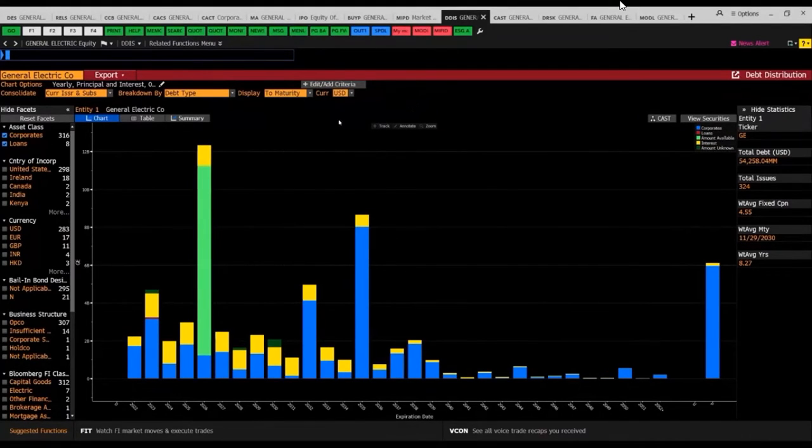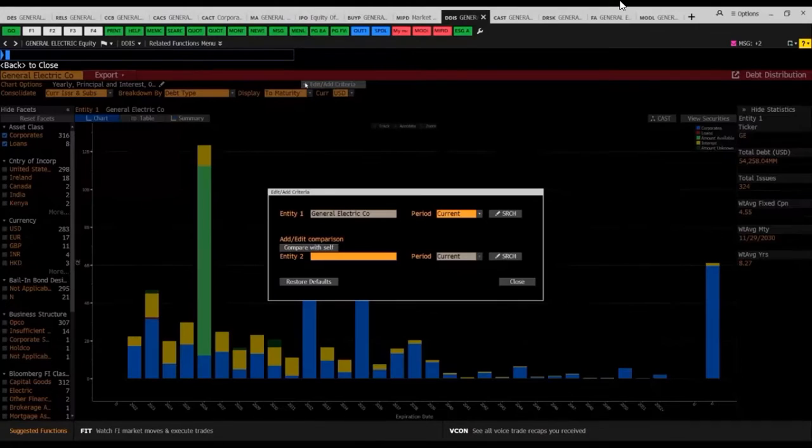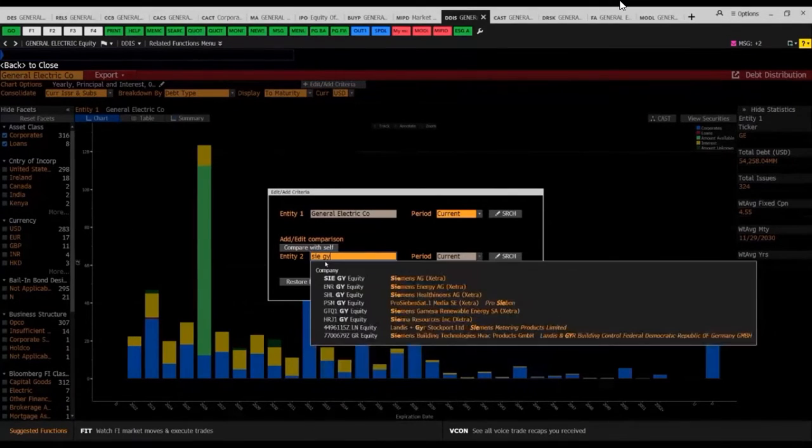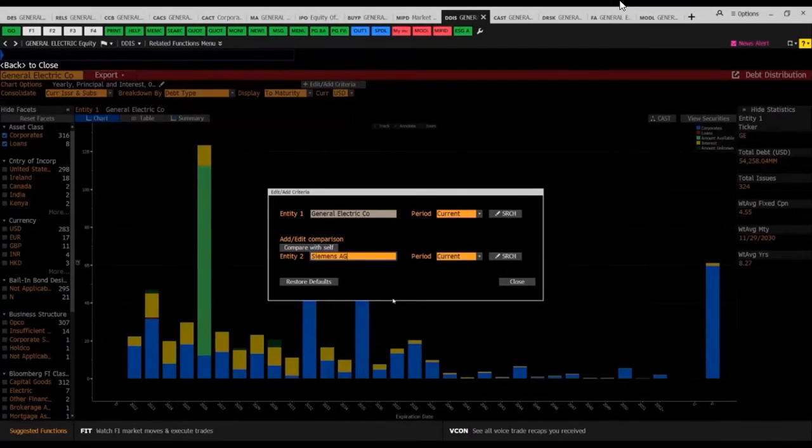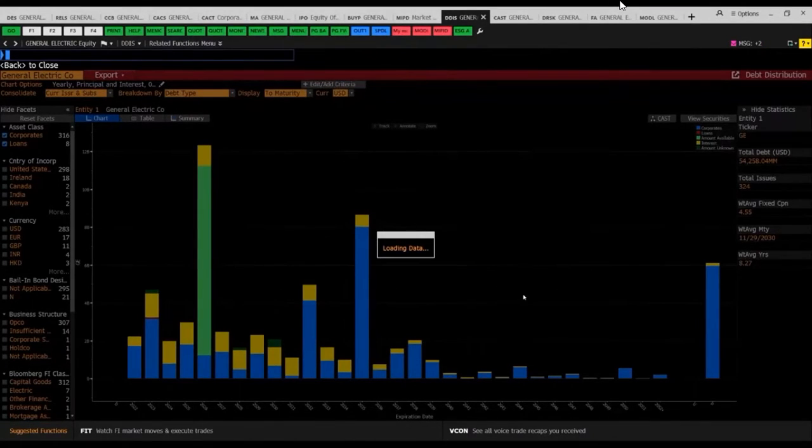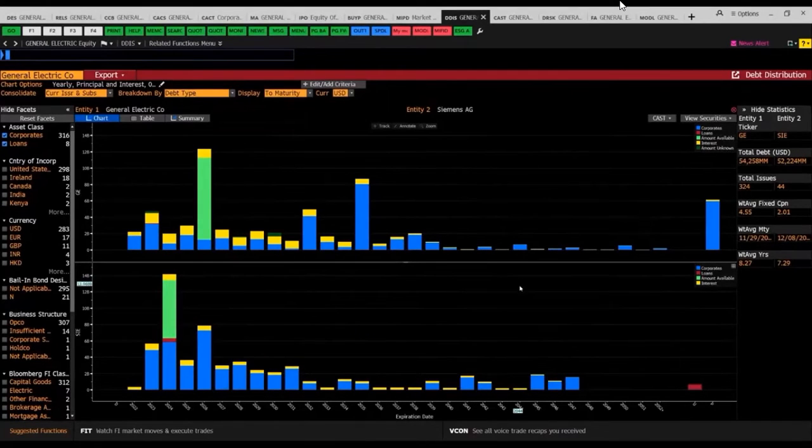You can also compare the company to others. So when you click on the criteria button at the top, you can very quickly add a different corporate. So for example, I will pick my favorite, Siemens, and when I add Siemens to this, you can very quickly compare GE's credit profile to Siemens's credit profile,